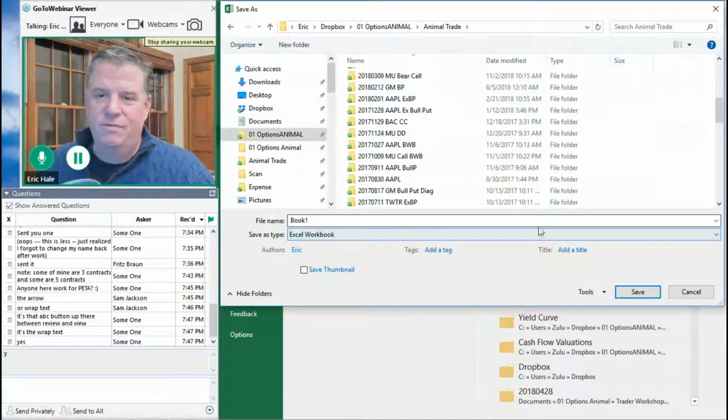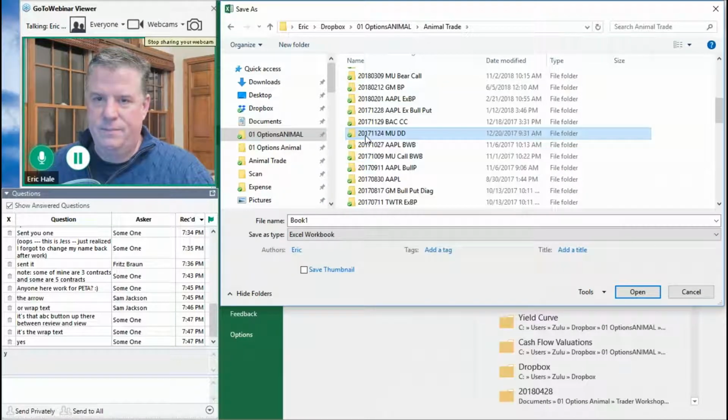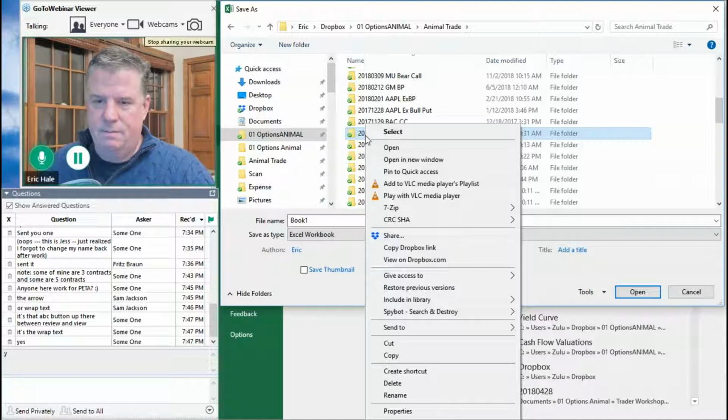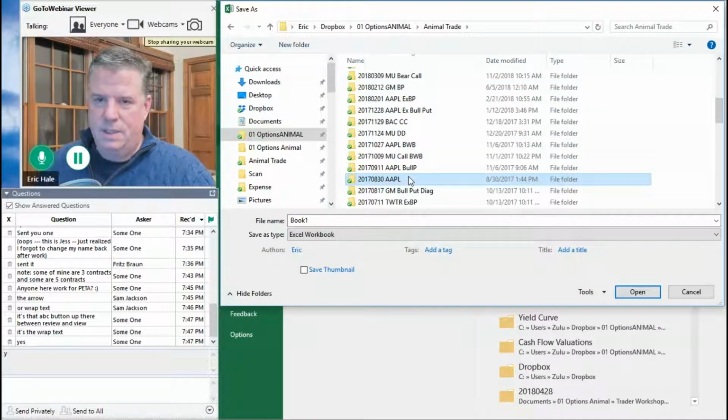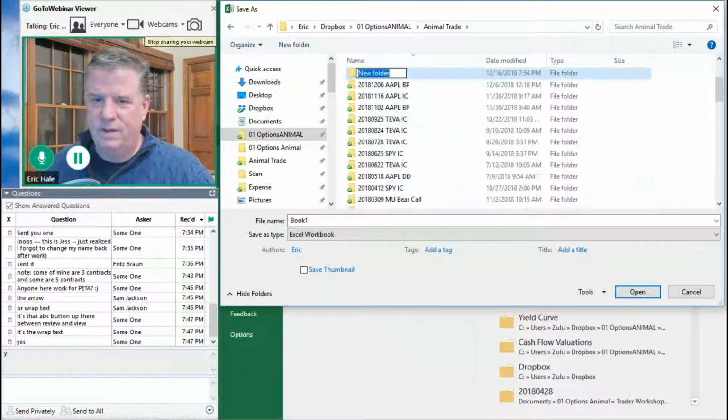I don't know what you do, but I would start with, let's see. Why won't you let me do that? New folder. And I'm going to name the trade. And I normally name it by date because this allows me to sort really quickly. So 11/27